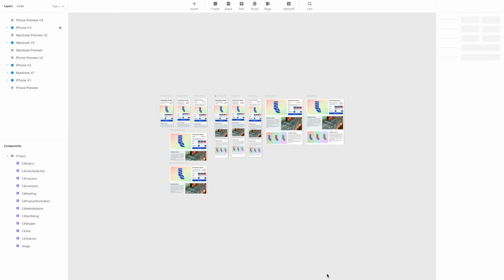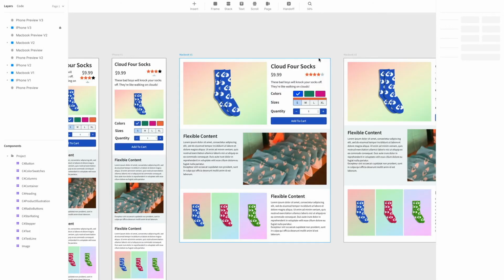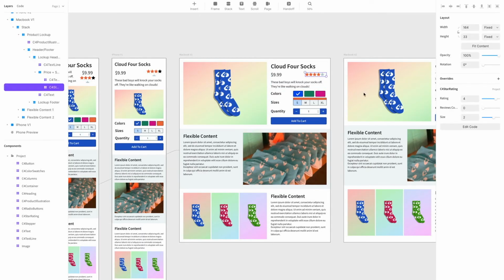Framer is where we can see the potential of having our design system components in our design tools really come to fruition. In Framer, we had so much fun playing with our design system components that we created a series of mockups. Let me just zoom in on one of them here. So take a look at this MacBook one. We have all of these components, and they're actual functional components. I mean, they're Cloud 4 socks. Of course, everybody would give them 5 stars.